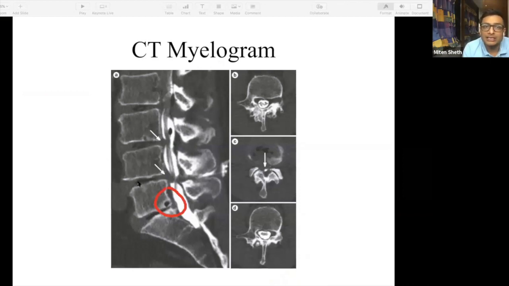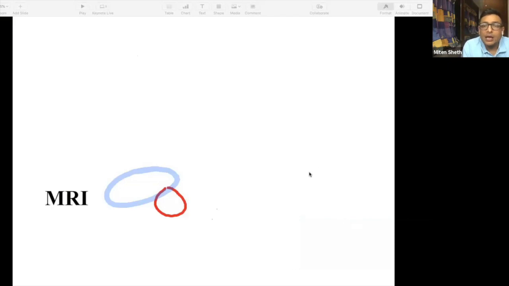And sometimes on CT scan or on an X-ray, you can see a dark black patch over here. It's not very clearly visible over here, but it will be black. And that is the vacuum sign, indicative of instability, either axial or dynamic. All right. So that's all about CT scan. If there are any other questions regarding CT scan, after we finish our MRI, you start posting the questions later on. Okay. So let's get back to the most important investigation, and that is MRI.